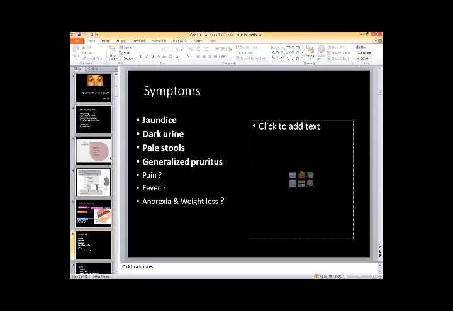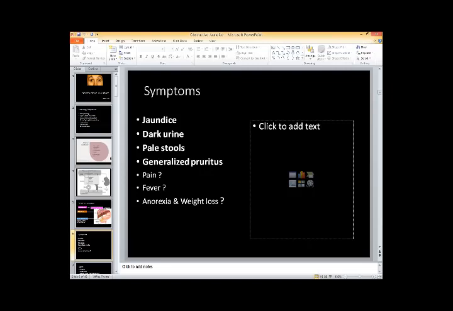Some people might say that my urine color is very dark, my feces color has changed, my eye color has changed. So number one presenting complaint is jaundice. Secondly, we are talking about the symptoms of obstructive jaundice mainly, not the symptoms of pre-hepatic or hepatic jaundice. I will focus more on obstructive jaundice now. So in obstructive jaundice, the patient also will have a very dark color of urine. Surprisingly, the patient will not have dark stool, but will have pale stool. This is also something different. They will have pale stool, not dark stool.